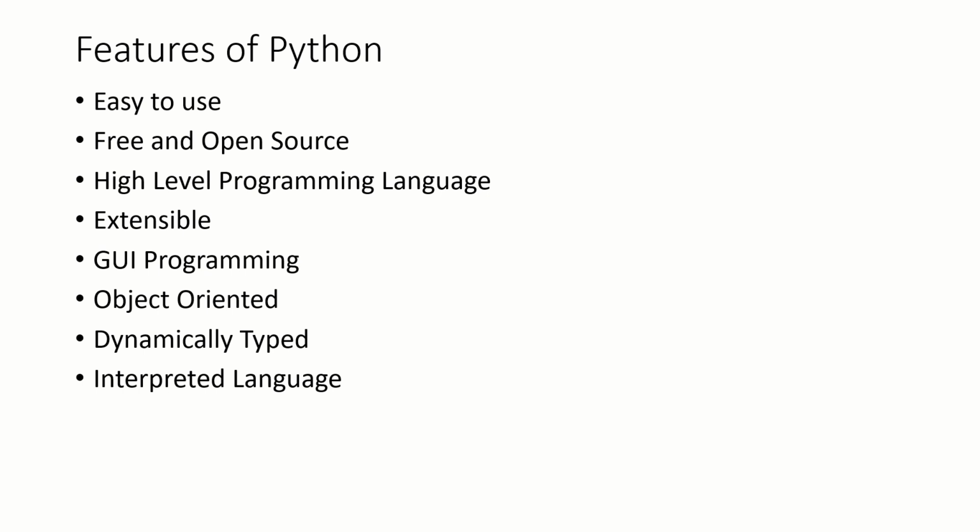Next, Python is dynamically typed. What exactly is dynamically typed? It is the property that it takes less time to develop Python programs, which is 3 to 5 times shorter than equivalent Java programs or C++ programs. So it is dynamically typed. This is because of its built-in high-level data types. The data types used in Python are high level, and so it supports dynamic typing.